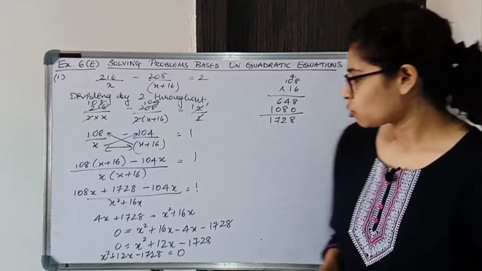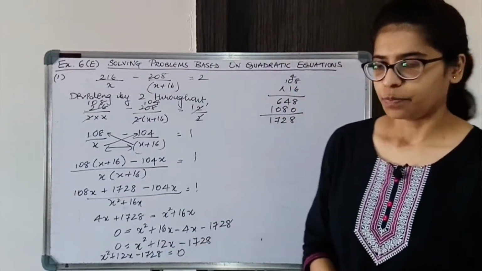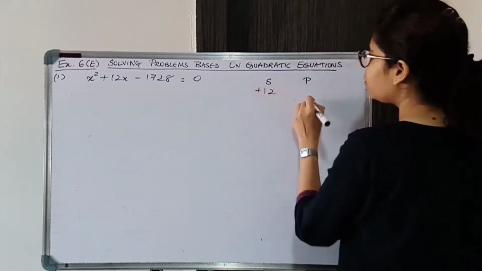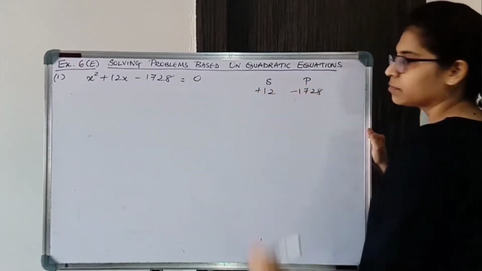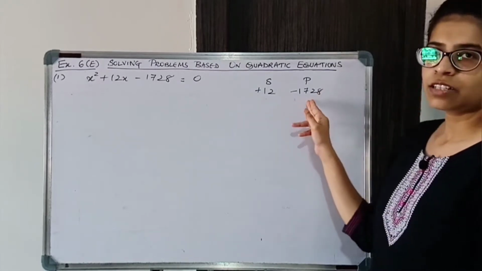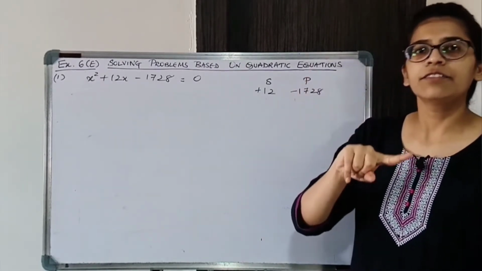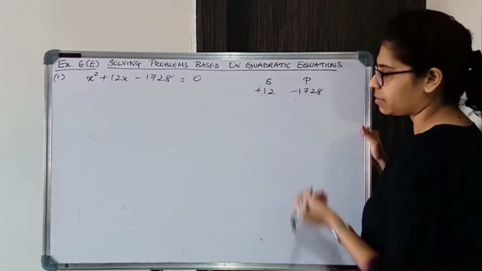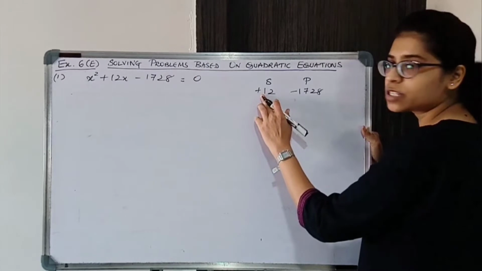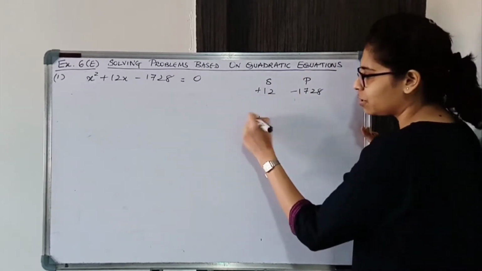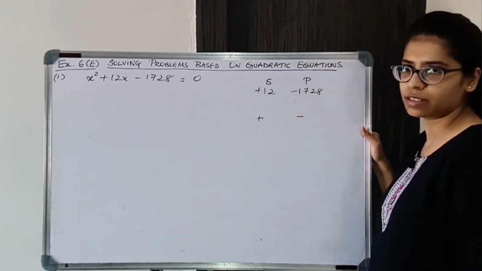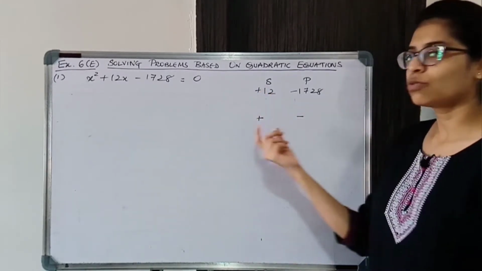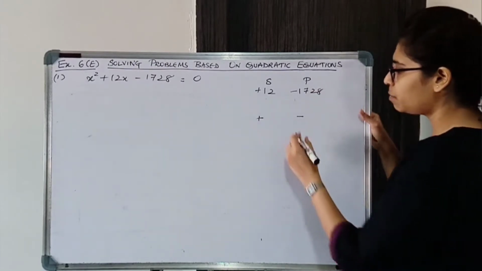Alright. So let us find the factors now. So the sum and the product. Sum is plus 12, product is minus 1728. Okay. Product negative है means we have to consider one negative factor, one positive factor. Factors will have opposite signs. You will subtract the factors. ठीक है. Now sum is positive. It means greater factor will have positive sign, smaller factor will have negative sign. ठीक है. तभी subtraction का answer you will get positive. All right. So greater number should have the positive sign.